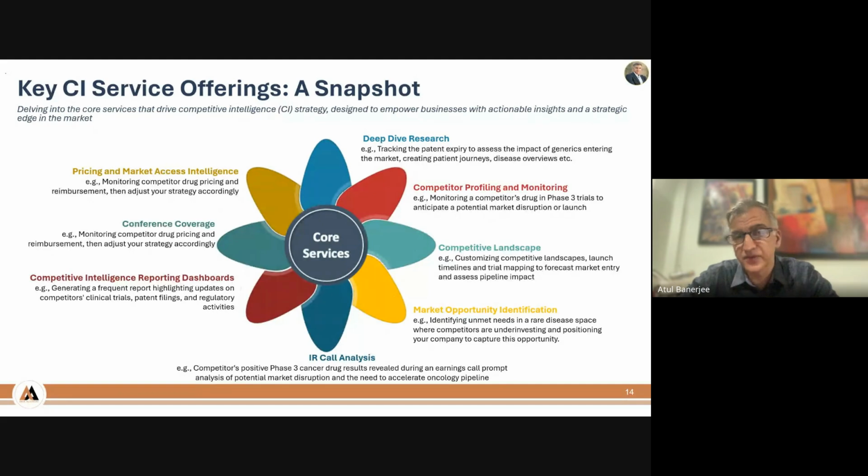Deep dive research on the top right is looking at a drug in a much more sophisticated way, looking at when the patent is about to expire, what the impact will be. That's an example there. Understanding a competitor in a much deeper way. That's competitor profiling and monitoring. We also keep tabs on competitors in a particular field to see how their drug development is going